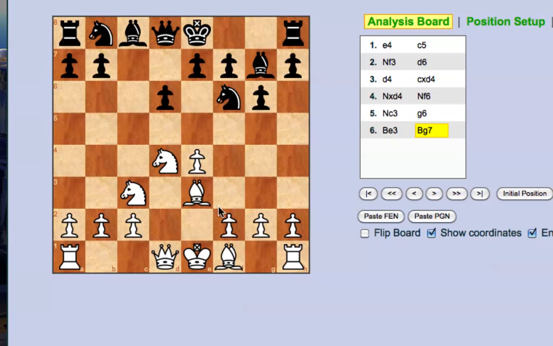Black will now fianchetto the bishop, and White will continue with the Yugoslav attack with f3. Now, f3 may not seem like a very important move, but in fact what it does is, should White decide to instead play queen d2, Black can drop the knight and harass this dark squared bishop, which is important for breaking up this fianchetto here, and you're going to want to use this file and use your dark squared bishop a little bit later. So White decides to play f3 instead,